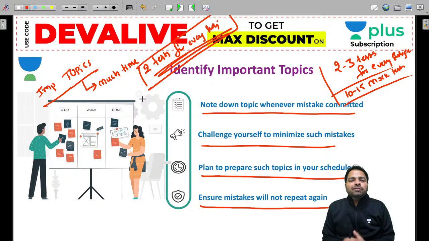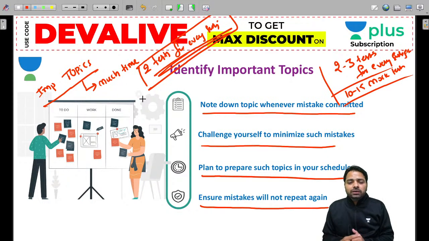Even 100 questions are enough if you have a good set. Prashant, how many questions doesn't matter. Even if I give 1 lakh questions, it's not enough. If I create a new question for you, it's not about the number of questions. It's about how many concepts you learn. That is important. Please don't put a limitation on the number of questions, guys. If for every small topic you have 5 or 10 questions, a very good set, that's more than sufficient. How many concepts you are learning day by day, that's more important. And keep on adding. If you are lacking in any concept, keep on adding to your knowledge.